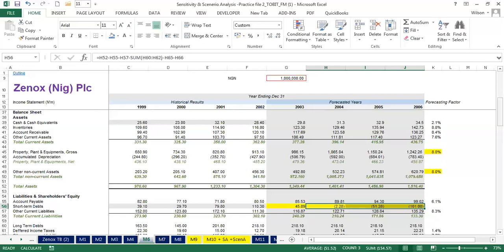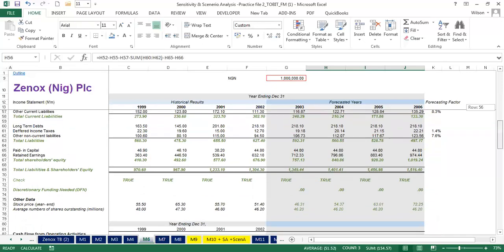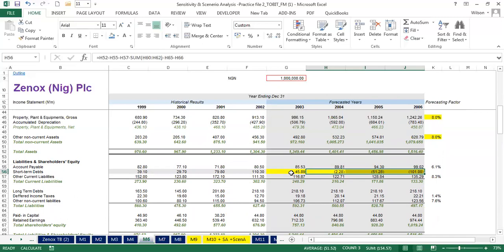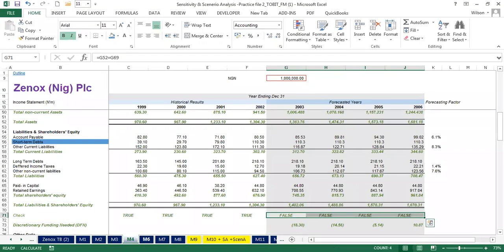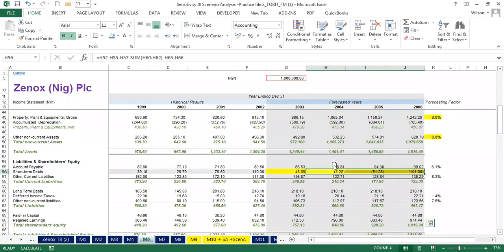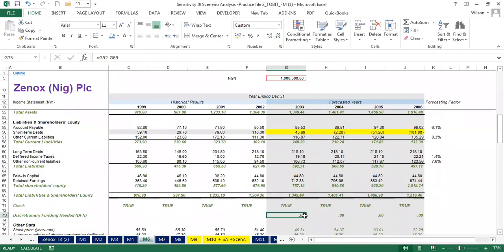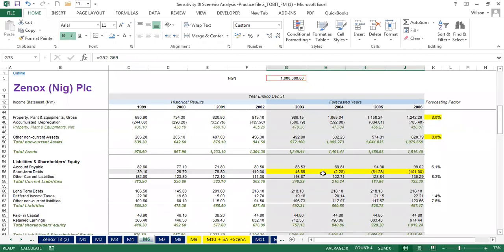So how do we perform this simple situation? It's very simple, all right? So what we will basically do is, I have this scenario already. So what I will do is, I can take this out. So you can see that the balance sheet is already balanced here. It's already balanced because here we are having 0, 0, 0, 0, 0. But how do we do that? It's quite straightforward. So if we take this out,